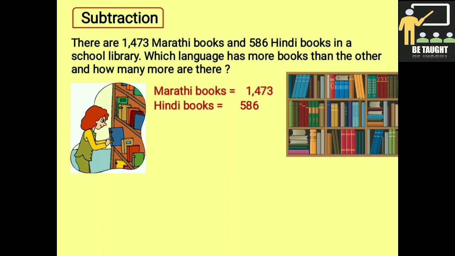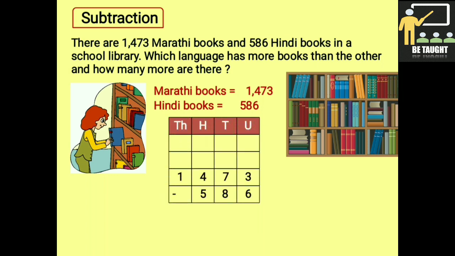So here we are using the subtraction method. So again we arrange it in the vertical arrangement. Now children, you must always remember when you are solving the sums of subtraction, the bigger number will be on top and you have to minus it with the smaller number. So we have arranged it over here and we start from the units place. 3 minus 6. Now 3 is a smaller number. We cannot subtract it by 6. So we have to borrow 1 from the tens place. So here it will become 13 minus 6, which gives us 7.